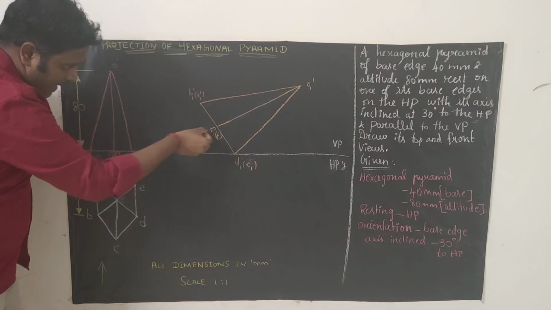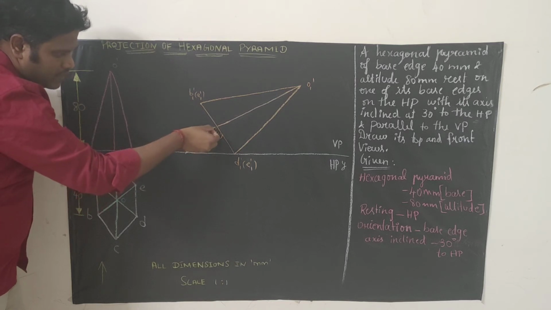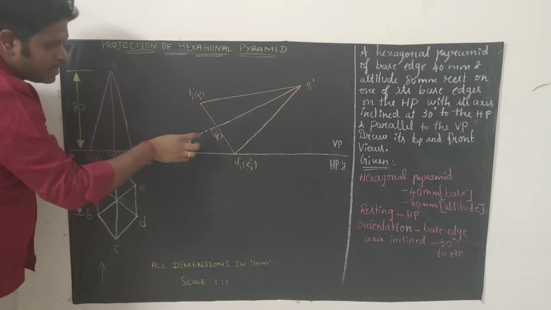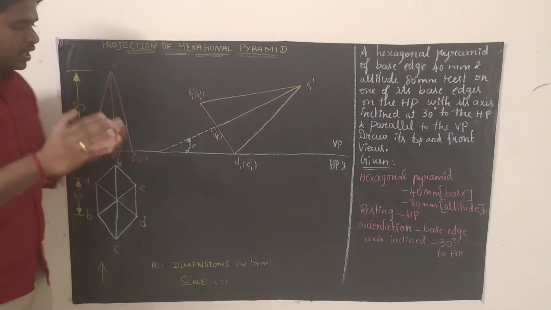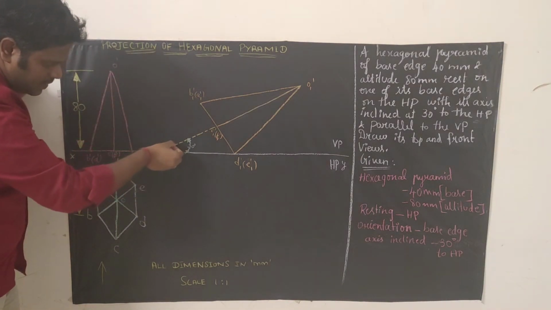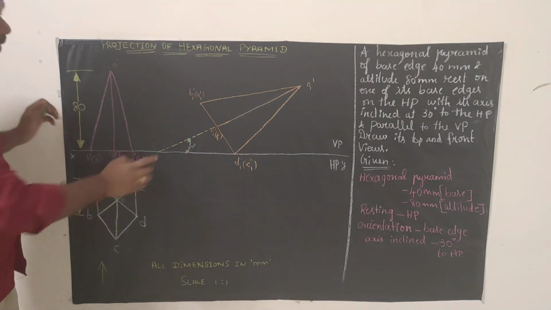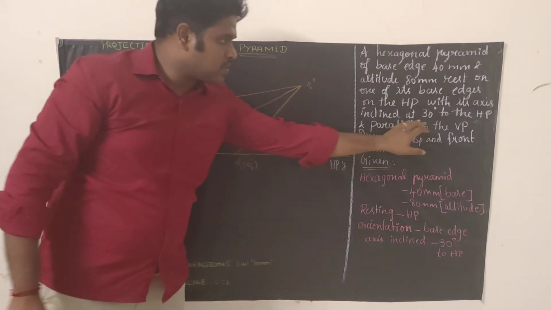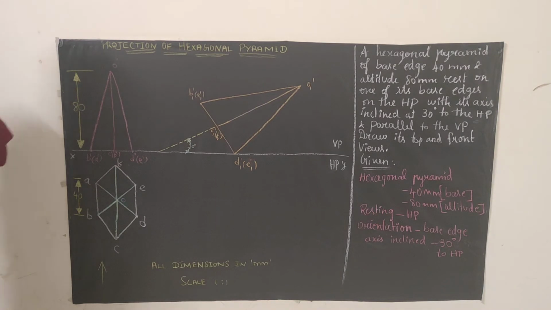When you extend the axis, till here it's the visible edge, after that it's the axis only, right? So extend the axis in the similar way. The axis should be a long dash, a short dash, a long dash, a short dash. Just extend the axis in such a way that it touches the reference line, and if you measure that angle, you will get only 30 degrees. So that's what they asked us to do also. The axis is inclined 30 degrees to HP. Okay, so it's very easy.